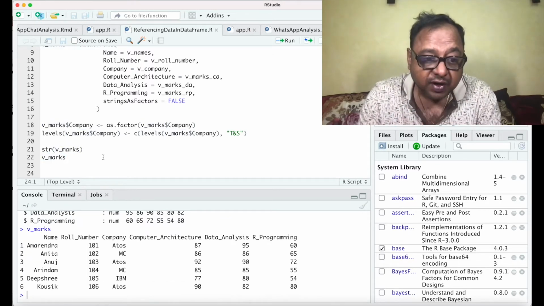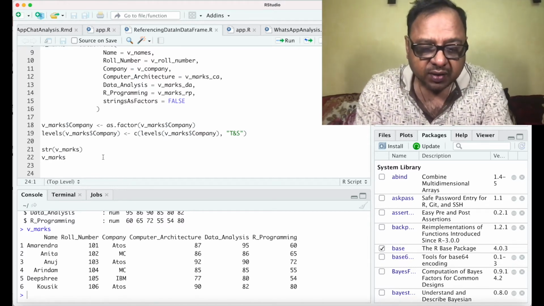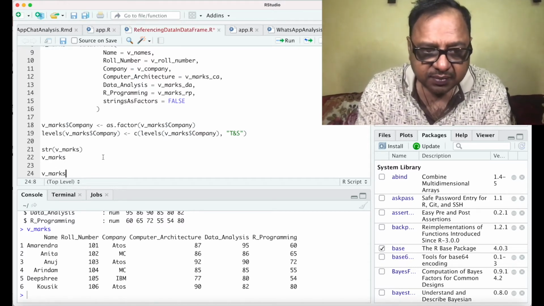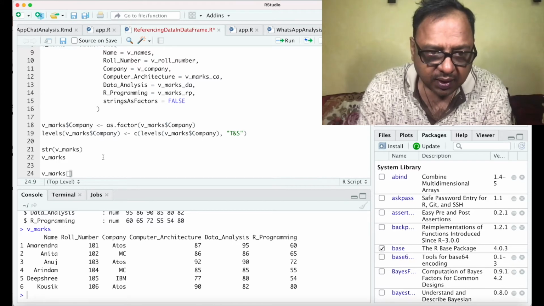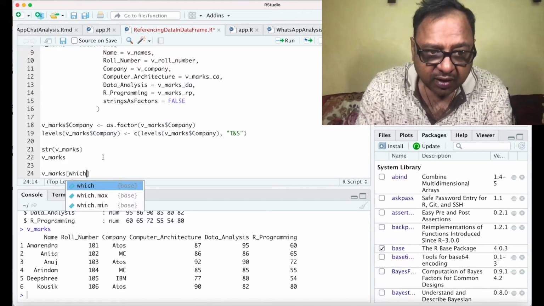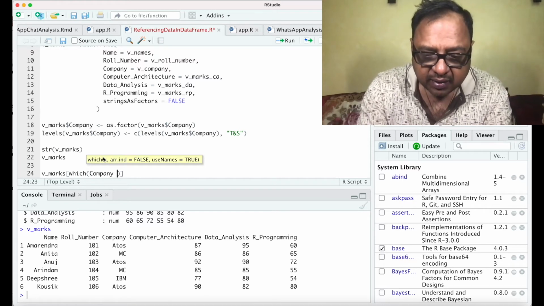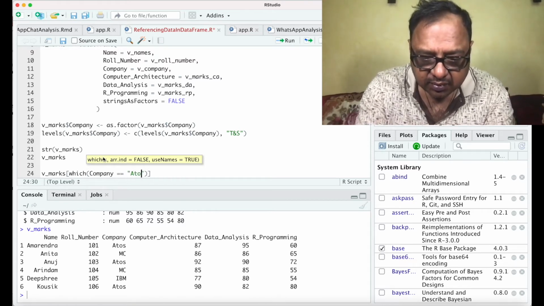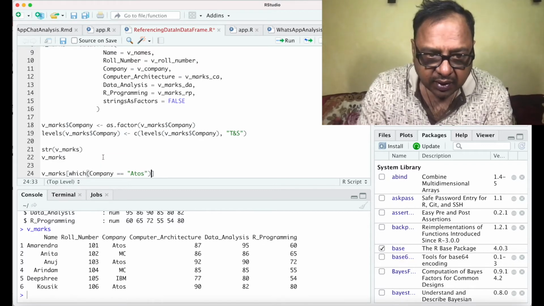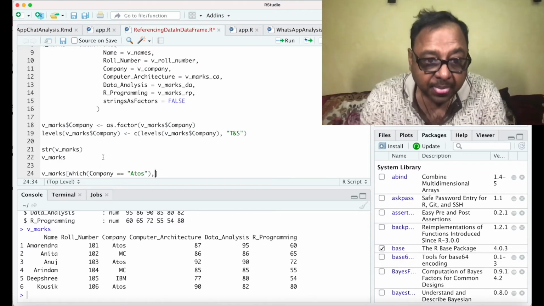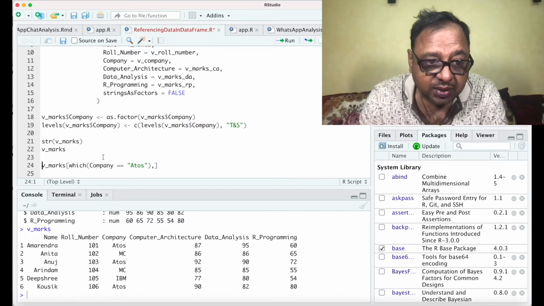Now let's look for data conditionally. Let's say v underscore marks, and then I use the which command, and I say company is equal to Atos. Then I give a comma so that I say all columns have to be returned.